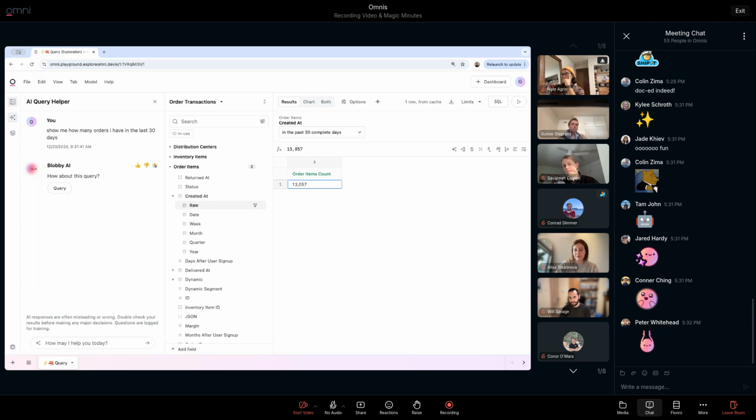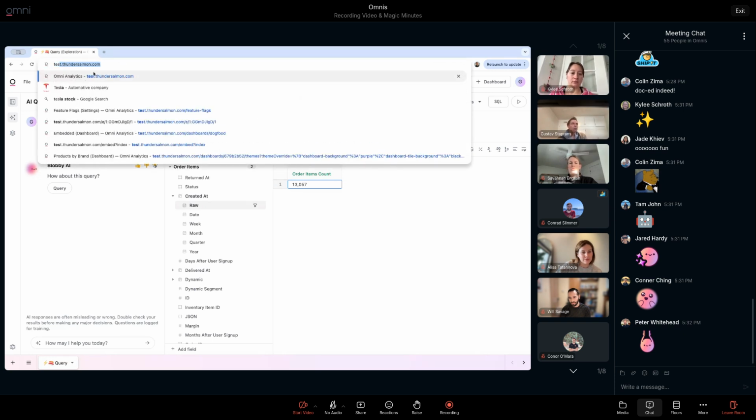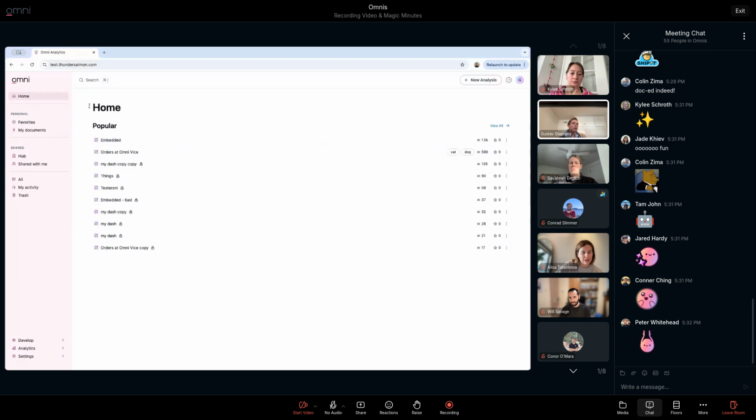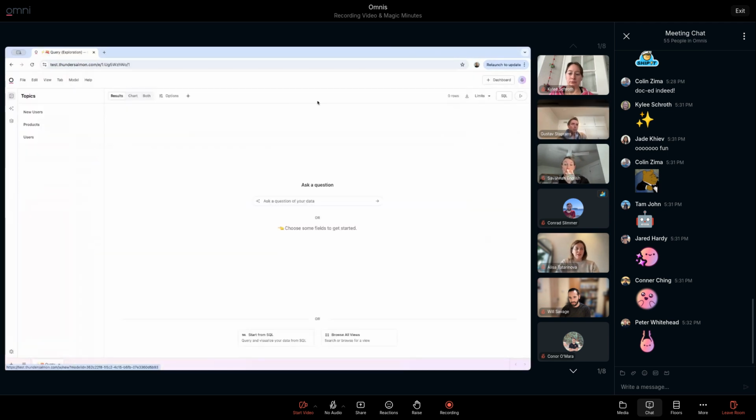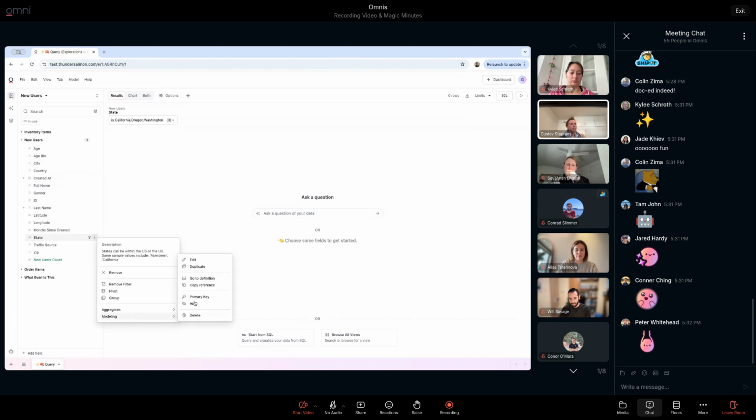So in an example of orders existing in multiple topics, would context within the topics be a helpful way to tell the AI which one to choose in that case? Exactly. Yeah. So I'm trying to think. Let's see if my dev works right now. Yeah, so you can see there's new users and users. So I might have 2 topics with similar names and similar fields. And in that case, it can be helpful to have